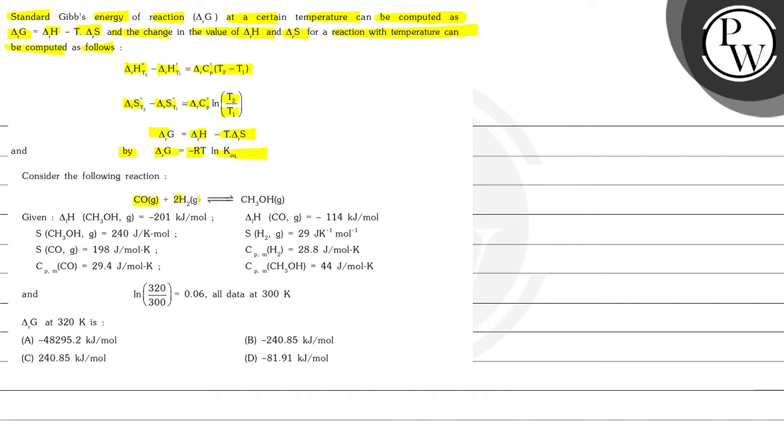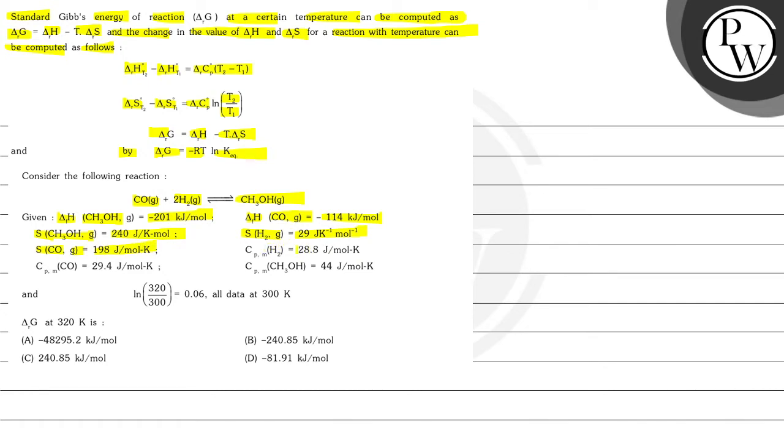CO gaseous plus 2H2 gaseous is in equilibrium with CH3OH gaseous. Given change in enthalpy of formation for CH3OH is equals to minus 201 kilojoule per mole. Change in enthalpy of formation for CO gaseous is equals to minus 114 kilojoule per mole. Entropy for CH3OH gaseous is equals to 240 joule per Kelvin per mole, and entropy for H2 gas is equals to 29 joule per Kelvin per mole. And entropy for CO gas is equals to 198 joule per Kelvin per mole, and molar heat capacity at constant